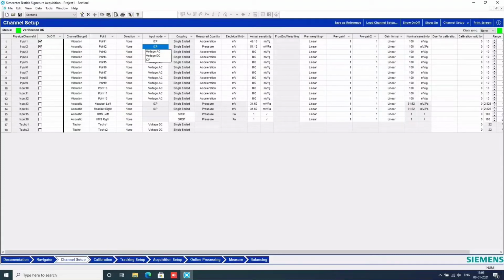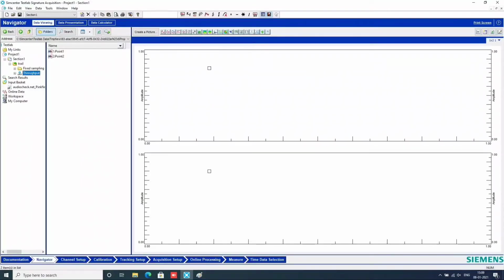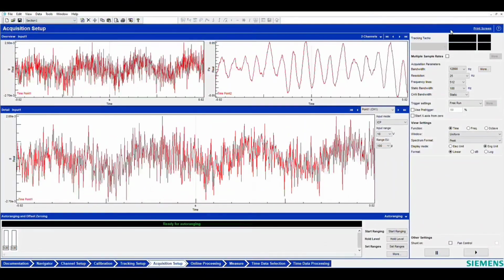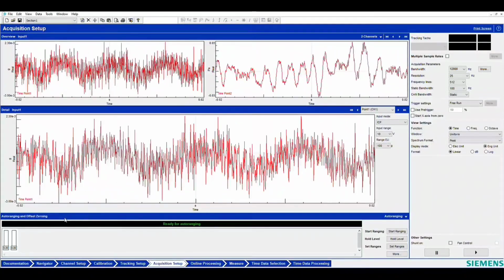So once this configuration is made, we are almost ready for the data acquisition. So here are your two windows to observe the time data. The same windows with different configurations can be used for looking at time data, looking at other formats like the Fourier transformed graphs, sometimes octave data, and so many. So to begin with, because this is real-time data that we have configured to visualize, we see now how the time data comes here.